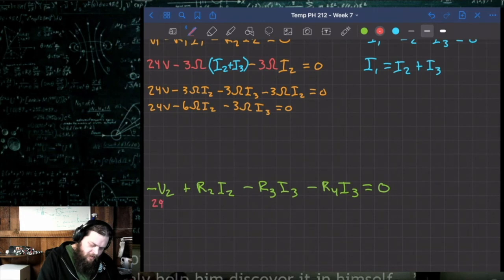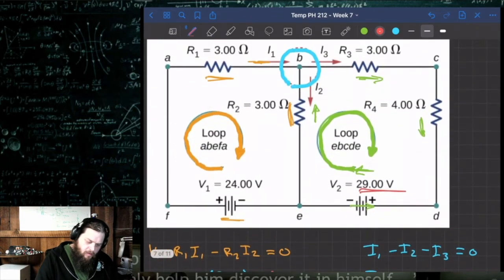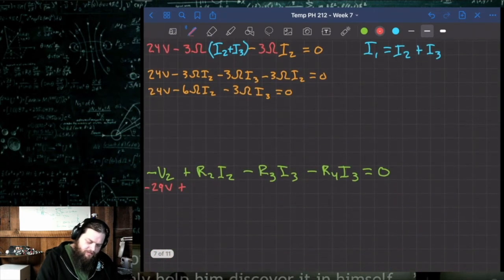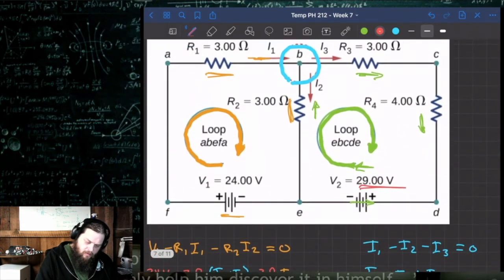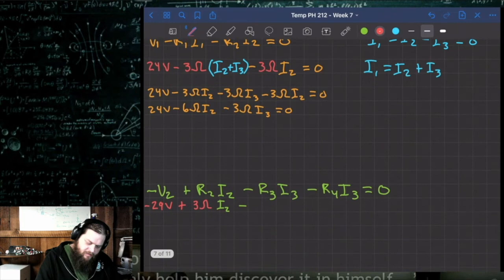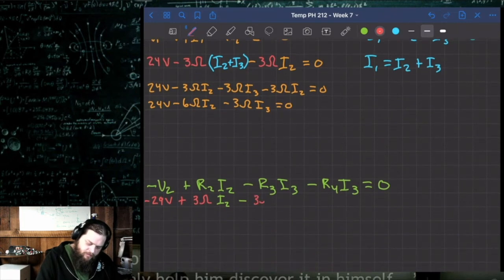So this is negative 29 volts plus R2. R2 is 3 ohms, I2, minus R3, which is also 3 ohms, times I3